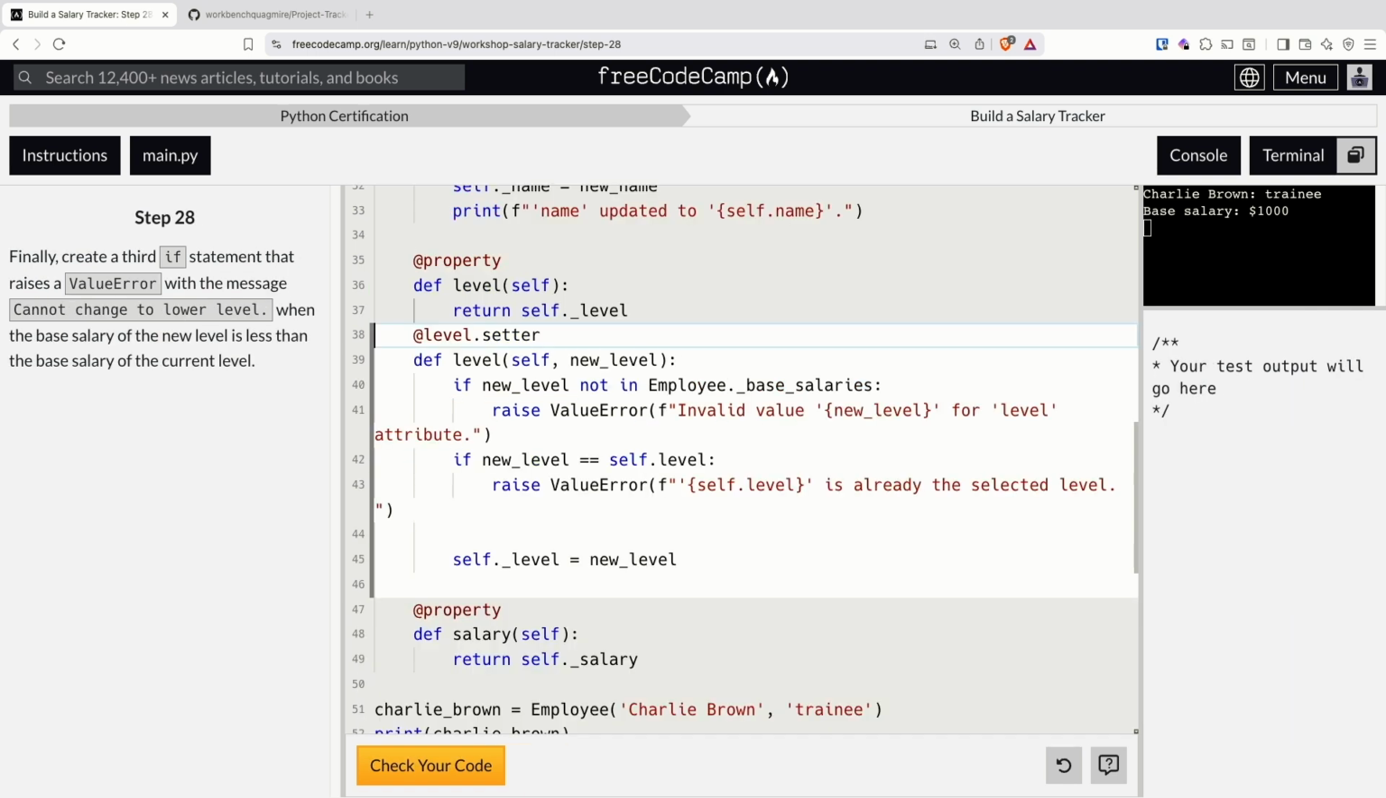So step 28. Finally, create a third if statement that raises a value error when the base salary of the new level is less than the base salary of the current level. So if